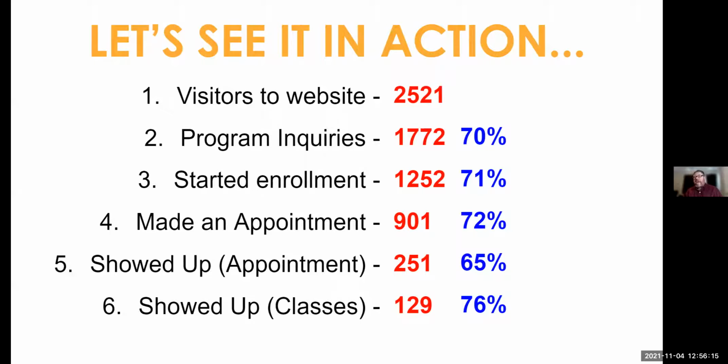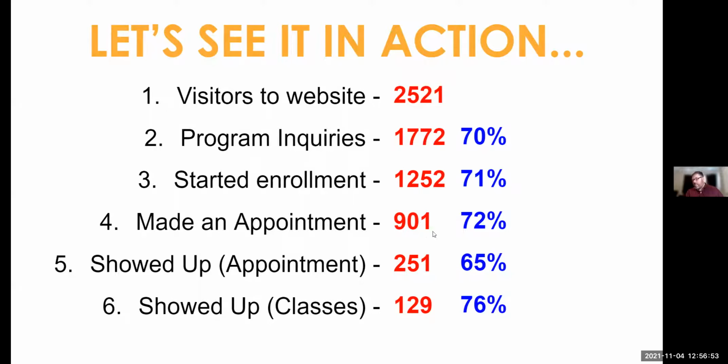We think 3 out of every 4 is what we see as average for ELL and HSE especially. Career training is a little different because career training for most programs is a lot more intense, a lot more involved. And we find students, once they find out more about it, it doesn't fit their schedule or their life at that point to commit in that way that they initially thought. But we find 3 out of 4 is about where you should be at this step. So 75% would be normal for starting enrollment.